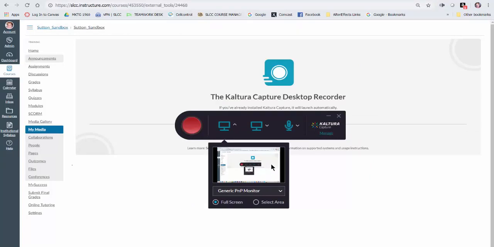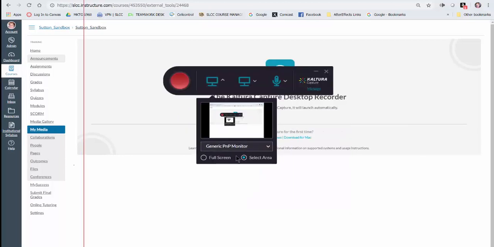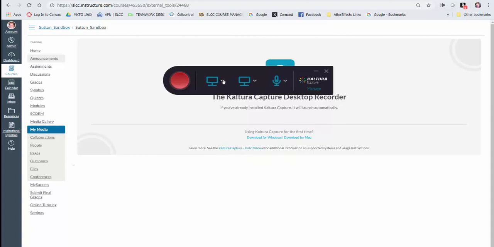You can see if you look very closely, there's the control panel for Kaltura Capture, and that is what I want. You also have the option to select area. For the most part, I'm going to suggest that you just use full screen and fill that up with your PowerPoint or whatever it is that you're using that you want to record on your screen. Okay, so that's set. So I can click the up arrow right beside of it and get rid of that